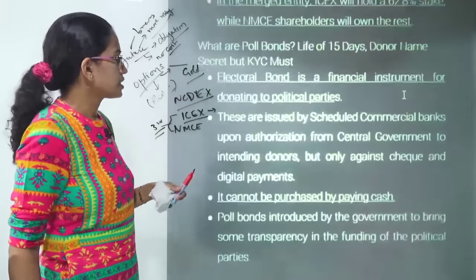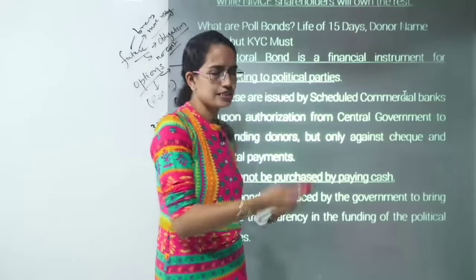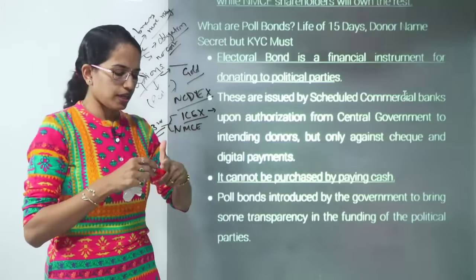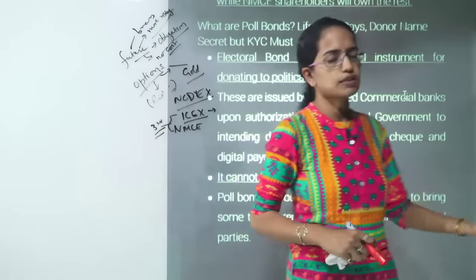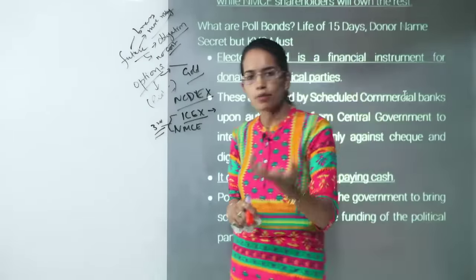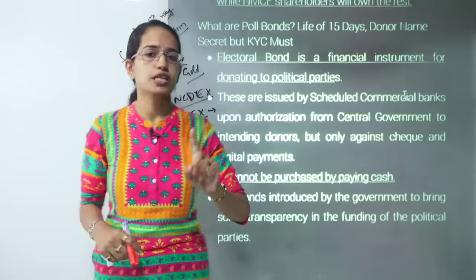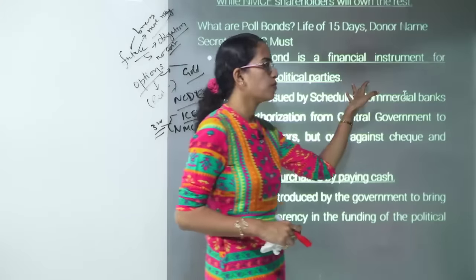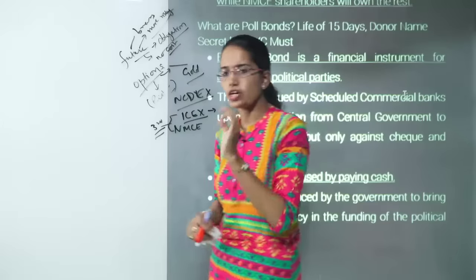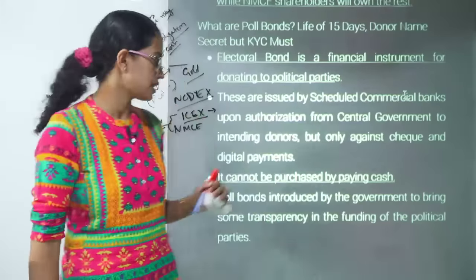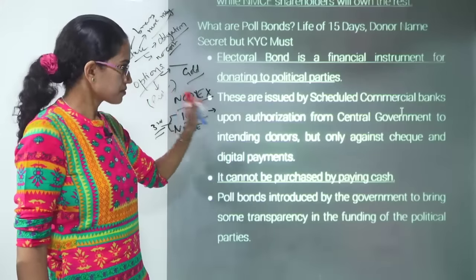So the next important thing is poll bonds. Now the election party basically requires funds. To provide funds to the election party, you have the poll bonds that have been released. The most important thing to note here is this poll bond would not accept money in cash. It would be only through a check or a digital payment that the monies would be accepted into the poll